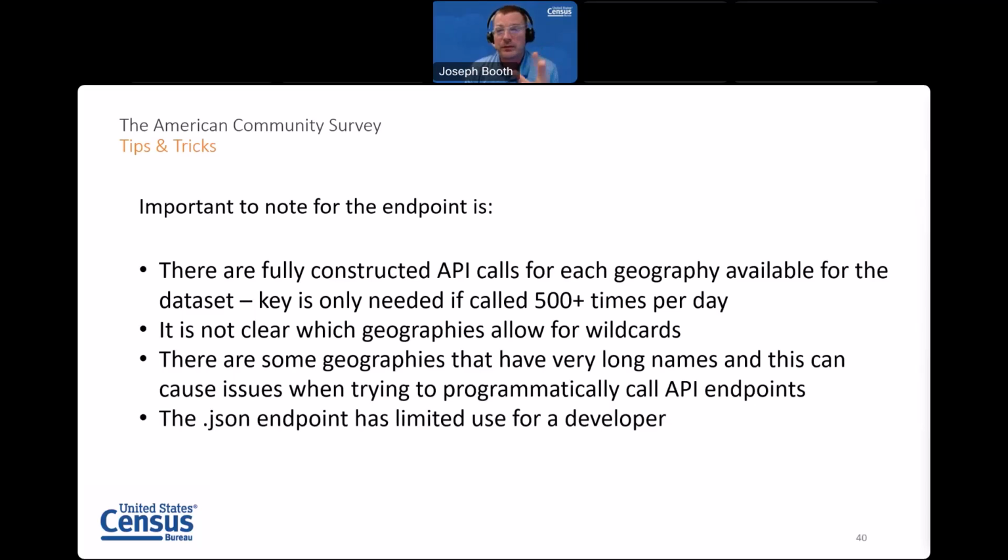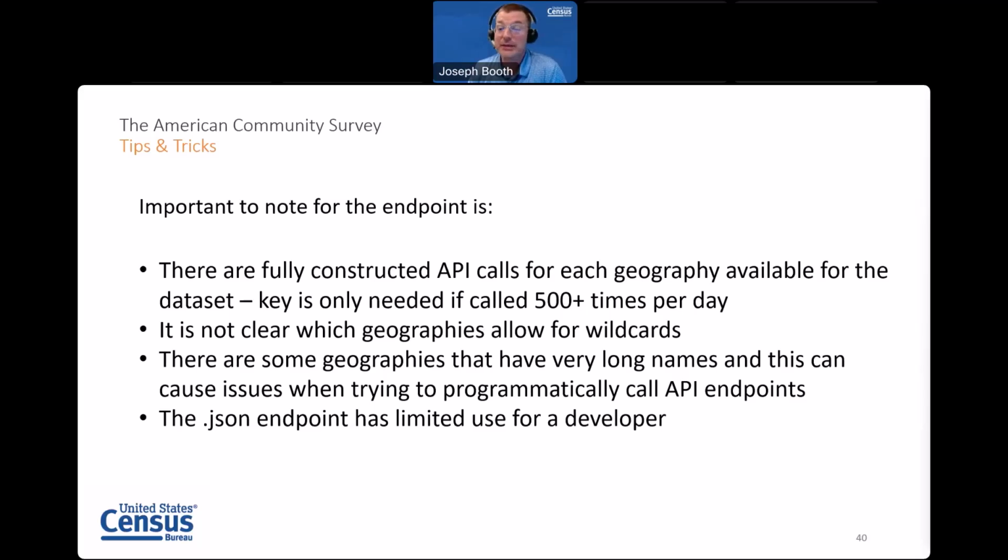So one of the things that I struggled with when I was first learning this was being able to identify, for your predicates, what is a required predicate that requires a value, and what allows you a wildcard. And the wildcard is represented with a star in the API. So some endpoints let you use wildcards to grab everything under a geographic level, while others require very precise values.